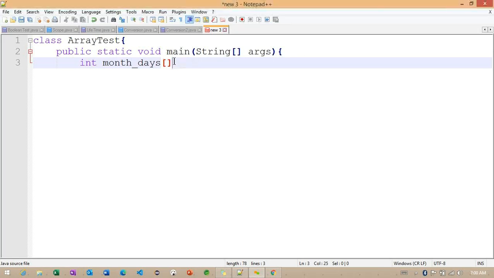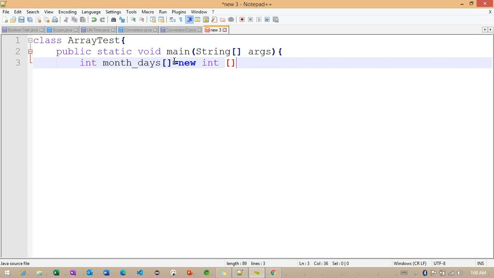Okay, so back to here. Whenever I define this open bracket and close bracket, it is going to hold multiple values. We'll see how exactly this variable can hold multiple values. Now after creating this variable, I'm creating one new operator. With this new operator we can create objects of classes, and here I'm providing an object.